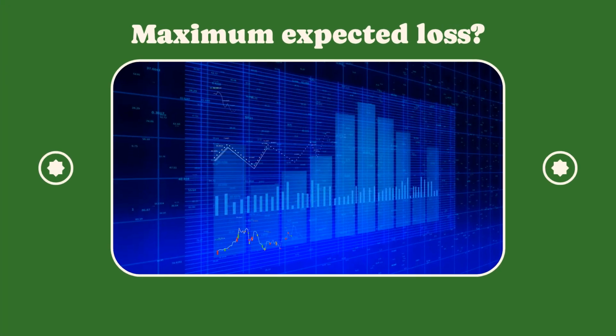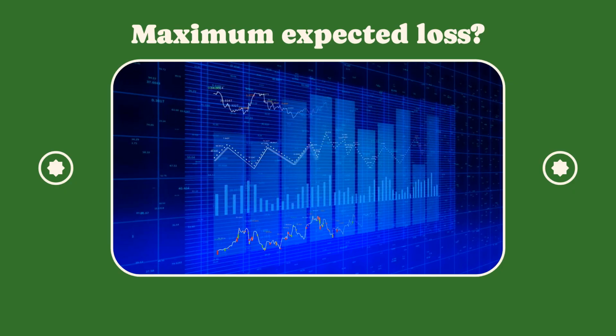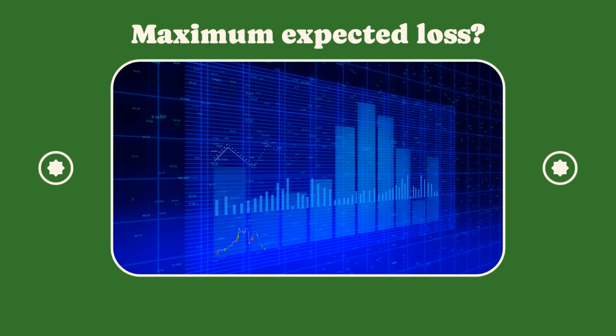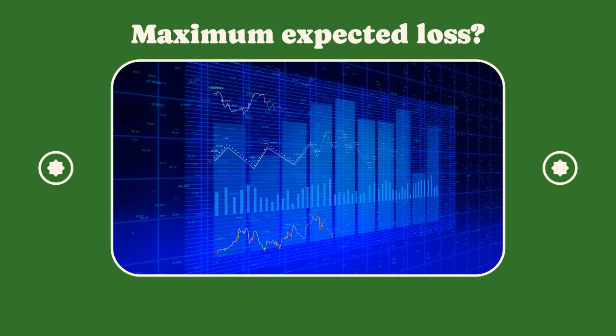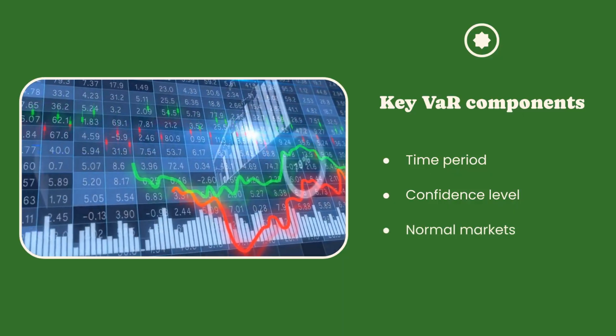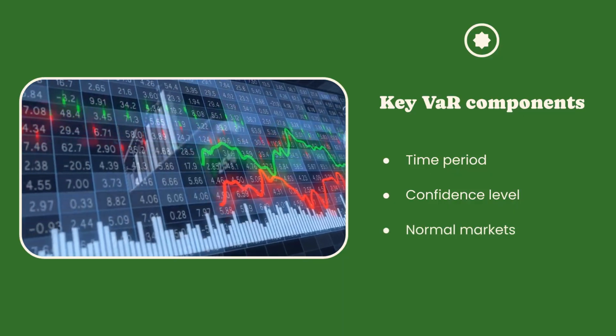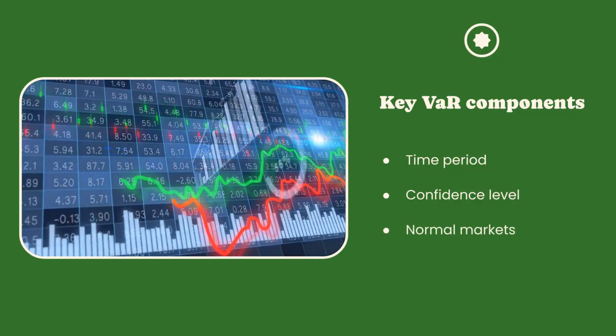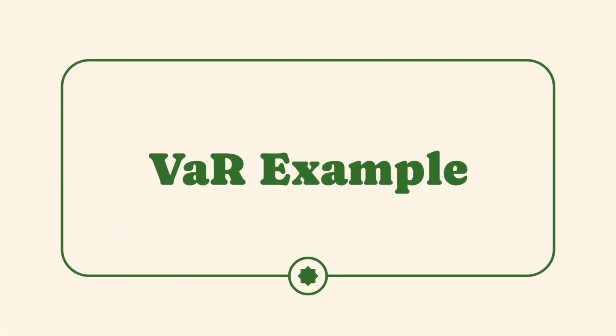VaR answers one simple but powerful question. What is the maximum loss I can expect over a given time period at a given confidence level under normal market conditions? The definition highlights three key components: the time frame, the confidence level, like 95%, and the crucial assumption of normal market conditions. Let me explain this with a real example to make the calculation more concrete and easier